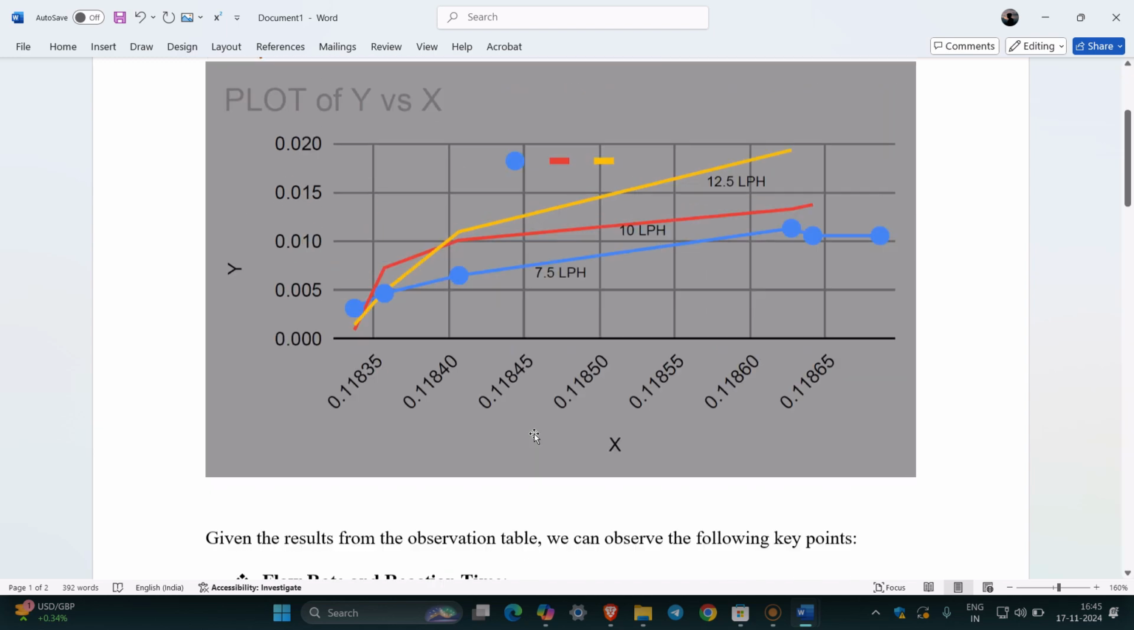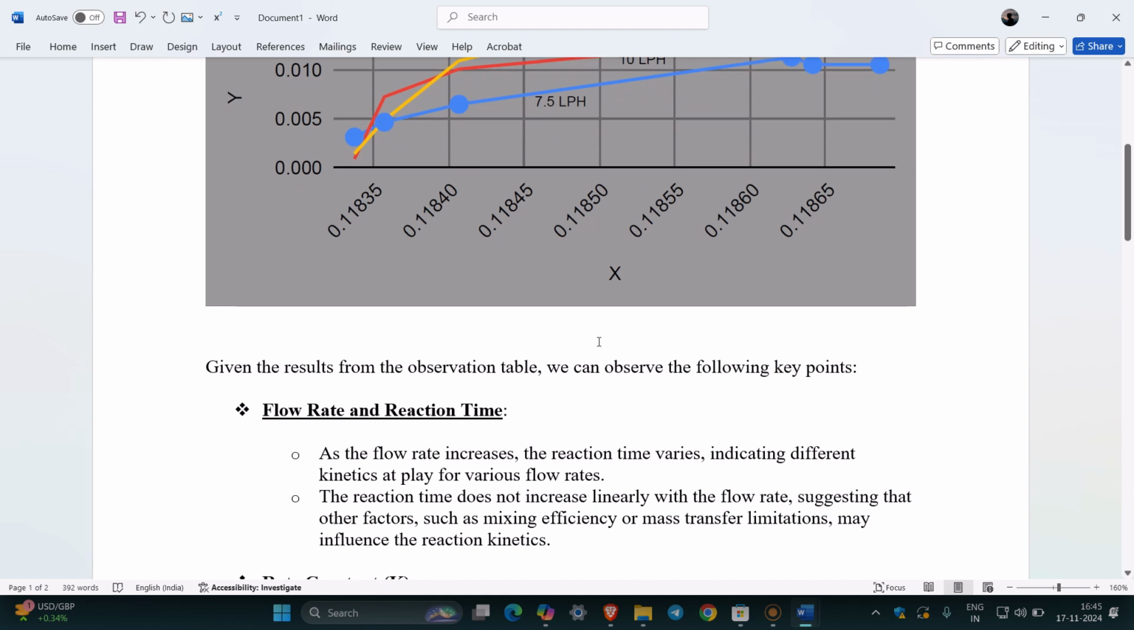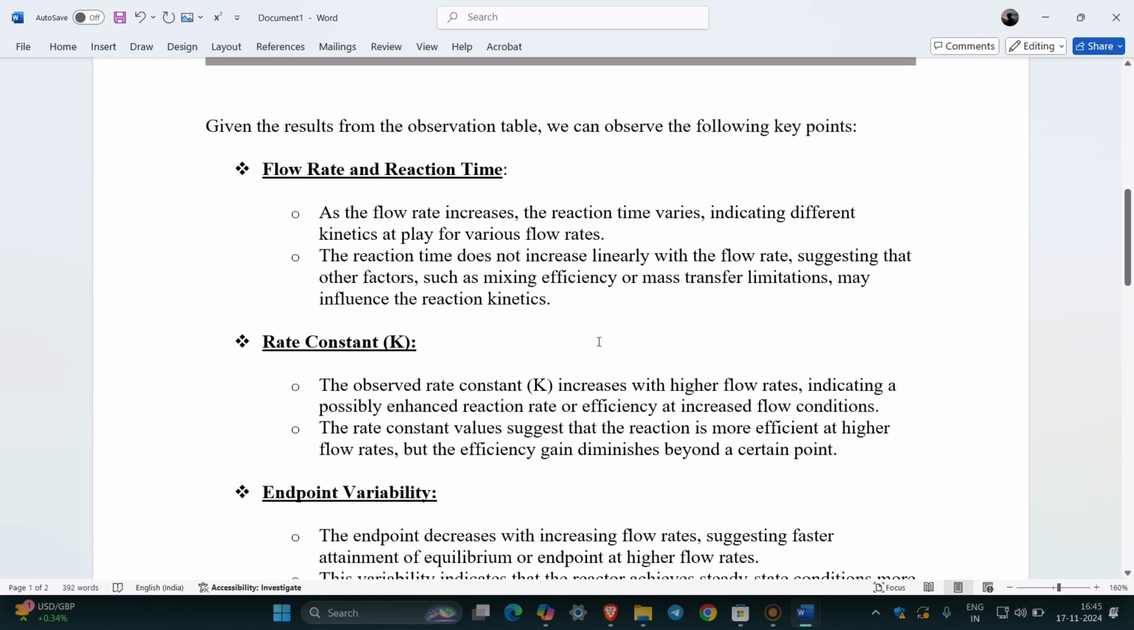We can see that the line is not linear. It has some sharp points, deviating from linearity. But we can predict from this that other factors like mixing efficiency and mass transfer limitations may influence the reaction kinetics. Now coming to the effect of the rate constant, the observed rate constant increases with higher flow rates,